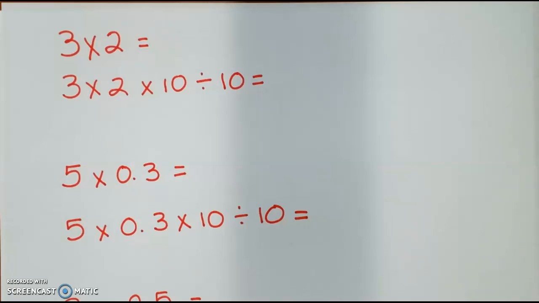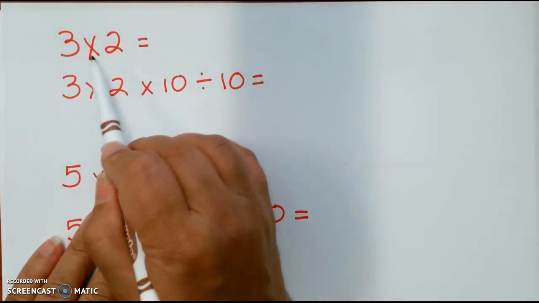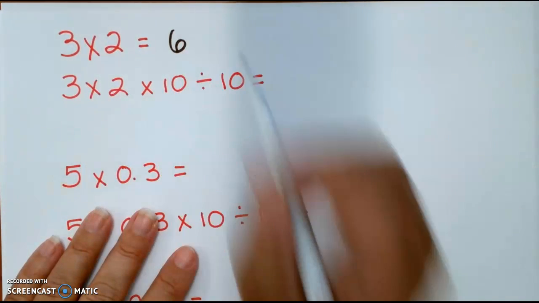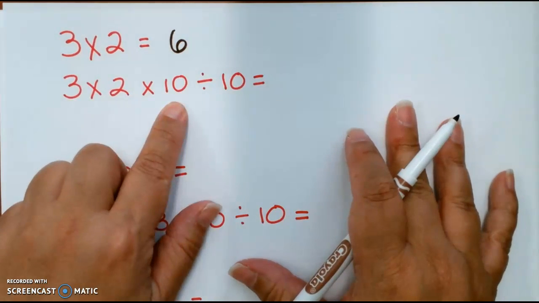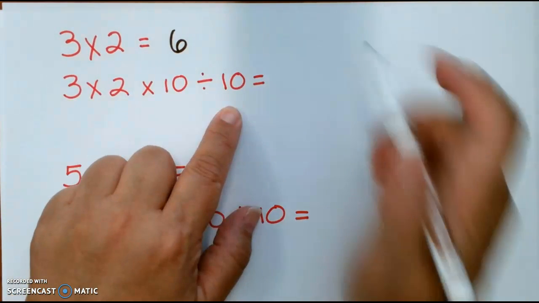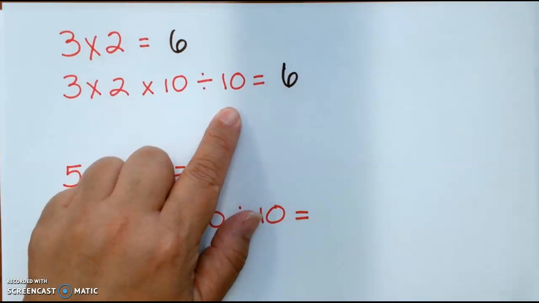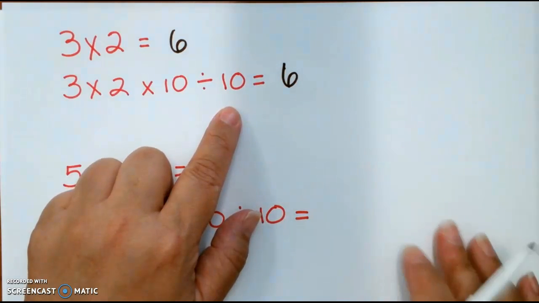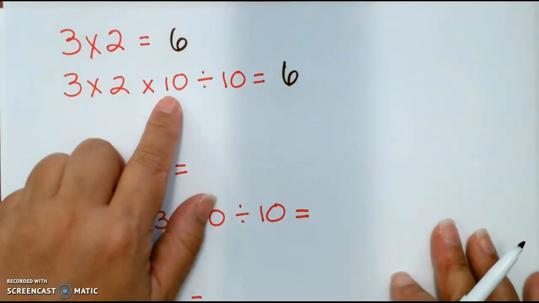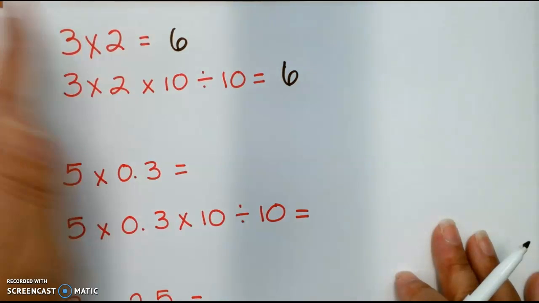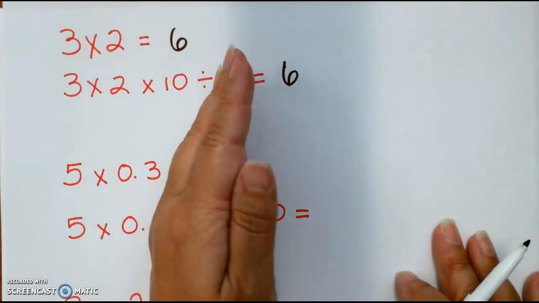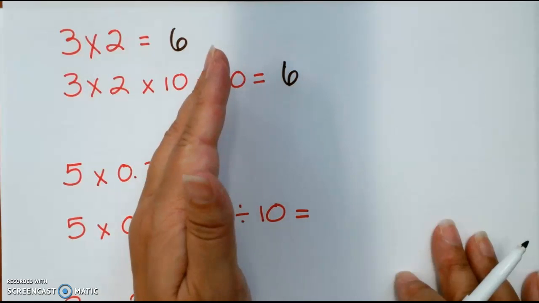We're going to multiply and then divide by the same number, which sounds kind of crazy, but there's a reason for it. So 3 times 2 is 6, right? We got that. 3 times 2 times 10 divided by 10 is 6. Why is that? Because when I multiply by 10, I move one place value to the left, and when I divide by 10, I move one place value to the right, so I end up in the same spot that